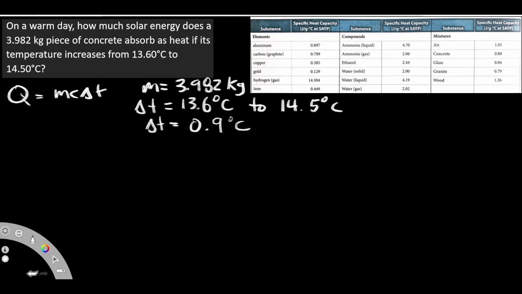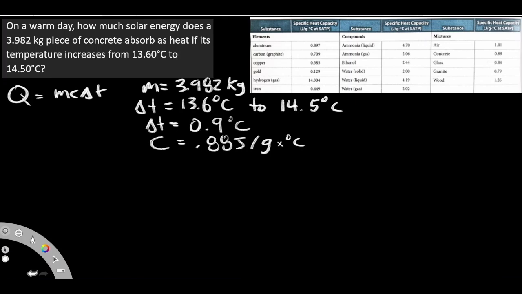So that is our delta T. So we have M and we have T. Now we just have to find C. What is C? C is our specific heat capacity. We just have to look for concrete. And if we look for concrete, it's right over there. Okay, it's at 0.88. So it's just 0.88 joules per gram